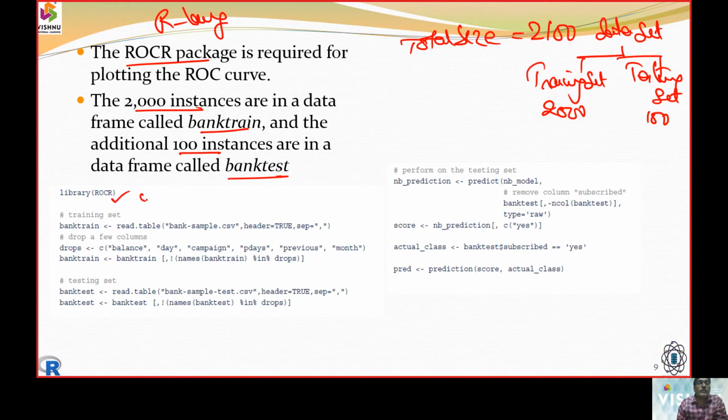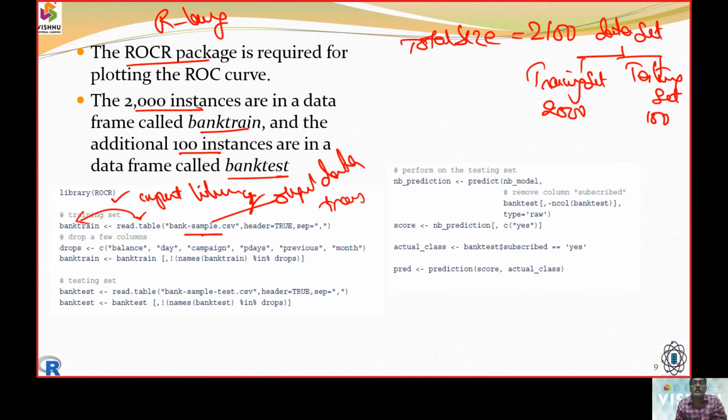First of all, I am importing the library here. Next, I will read the data which has the original data. The original data was in bank-sample.csv, and it is to be taken as a table and assigned to the training set. Next, I need to remove a few attributes